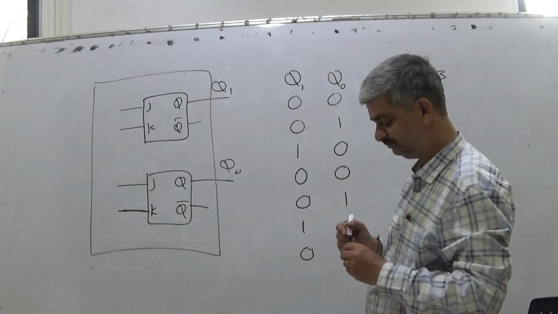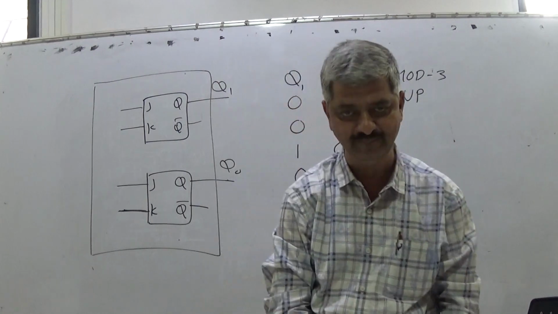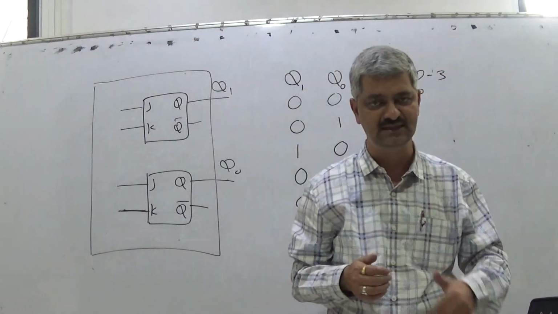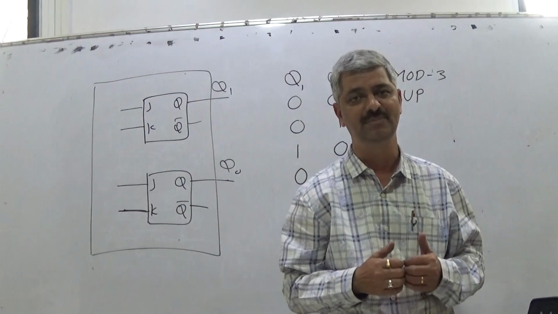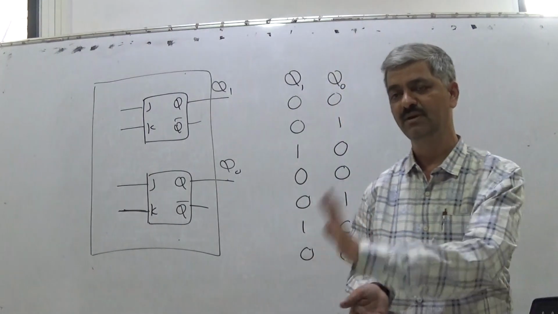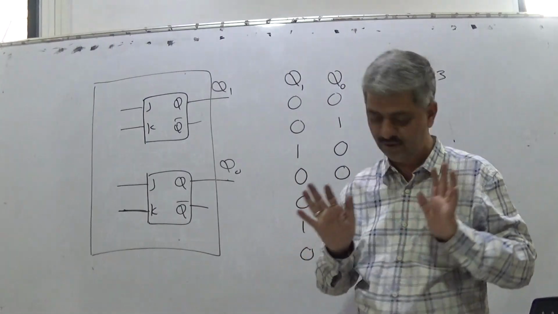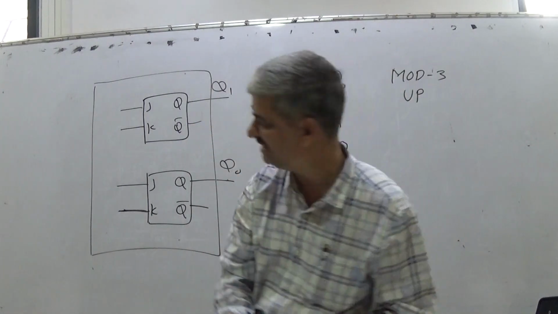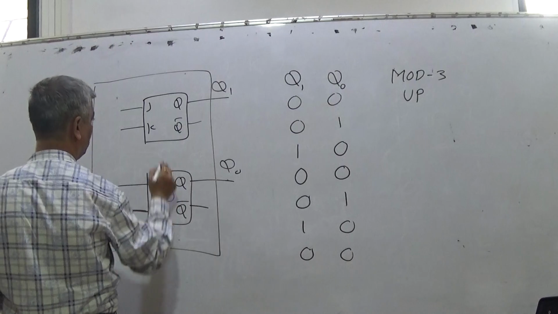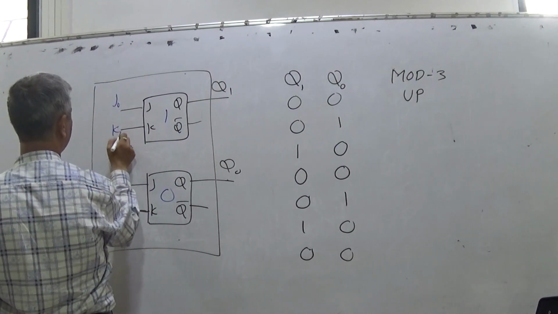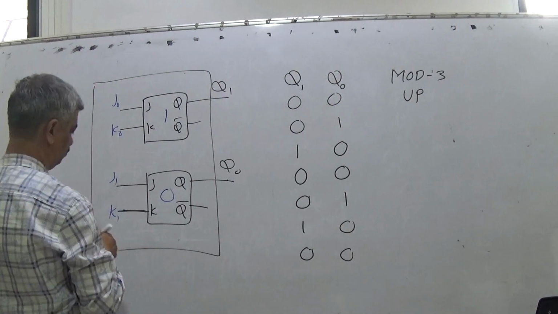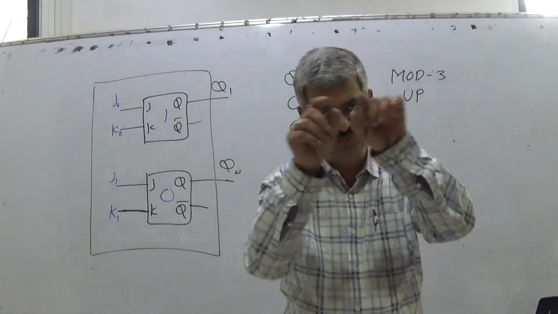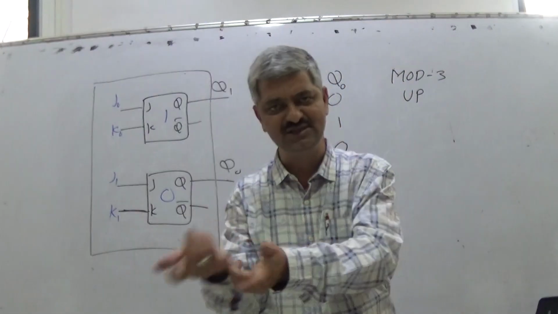So now we put a pause. We take a break. All should think how this design can be done. And immediately in the next session, after this 2-minute break, we can continue discussing the design of this. I expect that everybody should try to think. Designing is what? This is flip-flop number 0, flip-flop number 1. So what should be J0, K0, J1 and K1? What you are going to connect to the J and K inputs of the flip-flops, that you need to find out. Once you are able to write that, the connection can be easily done.